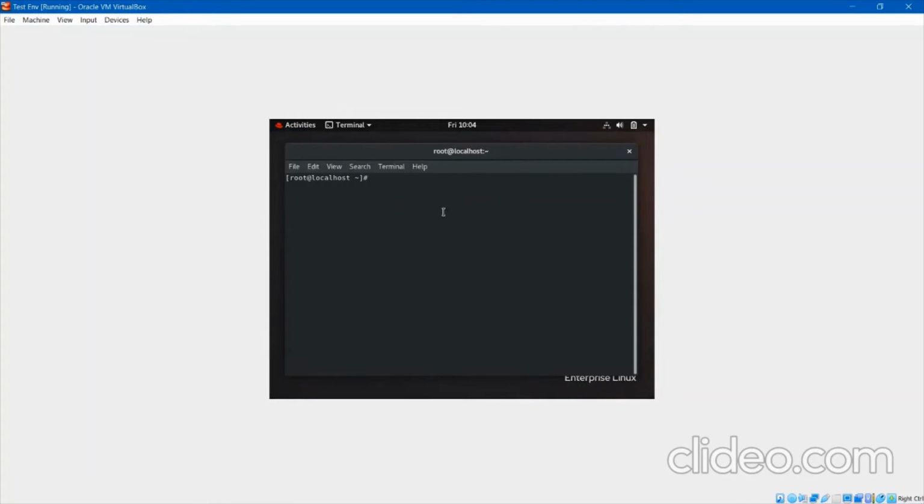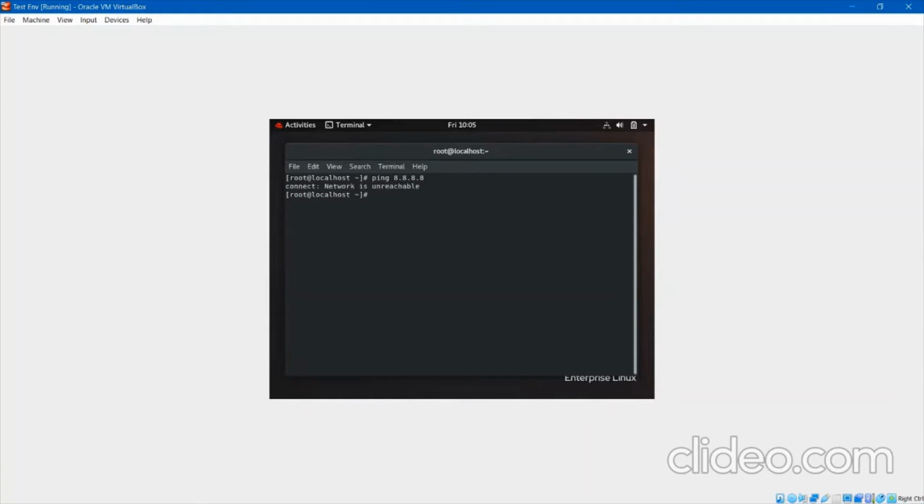So the very first command you can try is to check if you have internet connectivity or not. If you want to check, can you ping Google or can you reach Google? So the command is ping 8.8.8.8. So what is 8.8.8.8? This is the IP address of one of the DNS servers of Google. So what is DNS? If you don't know, in the upcoming videos I will explain. I will also show you how to set up your own DNS server and some other things also. If you can ping successfully, it means you have internet connectivity.